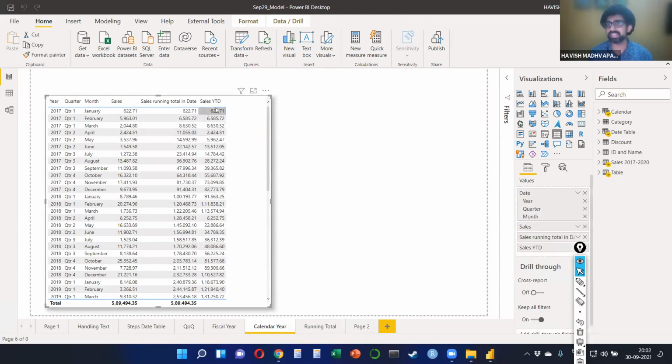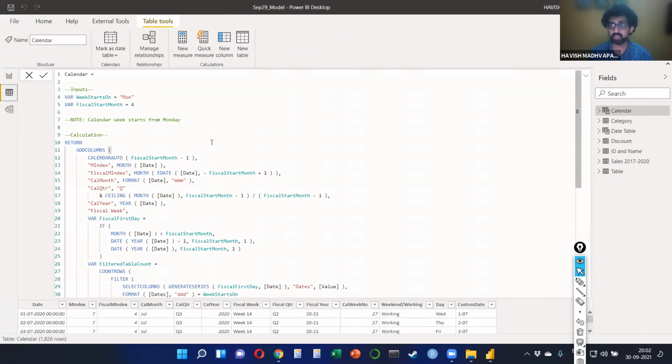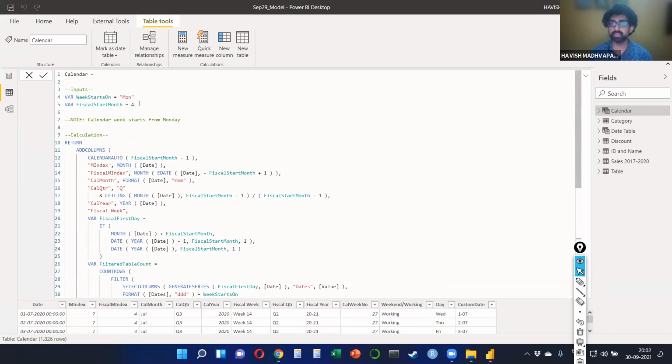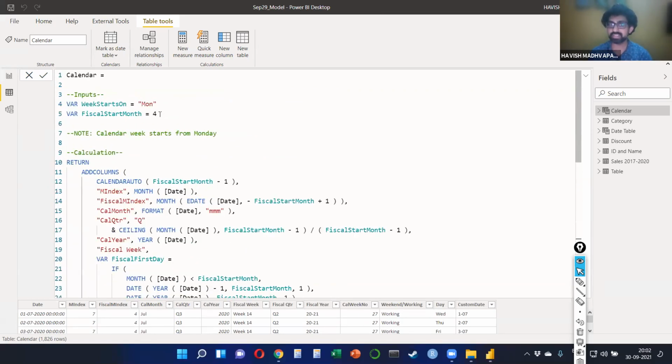So we wanted to look at the sales YTD, which is year till date. So if I say in September, how much have I done till date? That means from April till September for the financial year, right? Now, financial year calculations are very difficult because all the tools, Excel, Tableau, Power BI, they all look at Jan to December. No, none of them look at April to March, right? So we had to build a custom date table. So this is like a really long formula. So this is, as you can see, 58 lines, right? And we had to build this entire thing because we wanted to change our fiscal start month to 4,